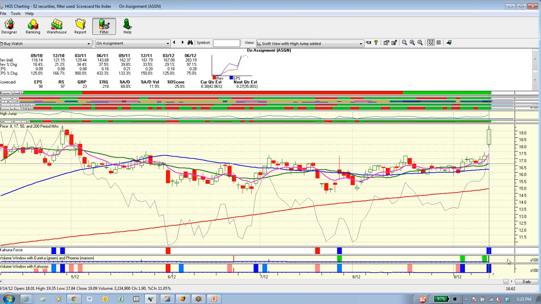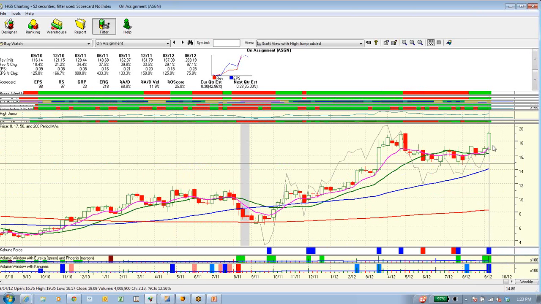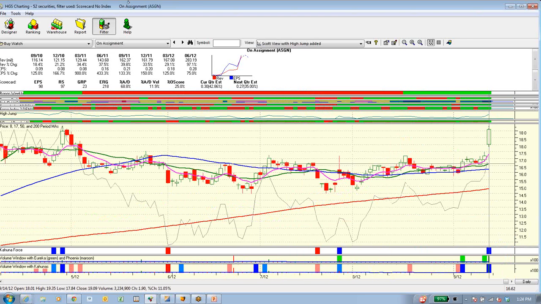It's been basing for some time. I'll take a look at a weekly chart. I'm interested in finding out more of what happened here, sort of a rounded bottom on the weekly. Is this thing taking off? I'm very interested. Something's going on when you see that kind of volume, a big gap up. And it certainly looks to me like the beginning of a move, not the end.